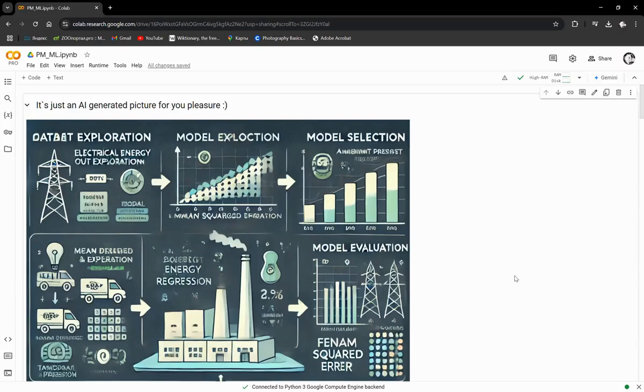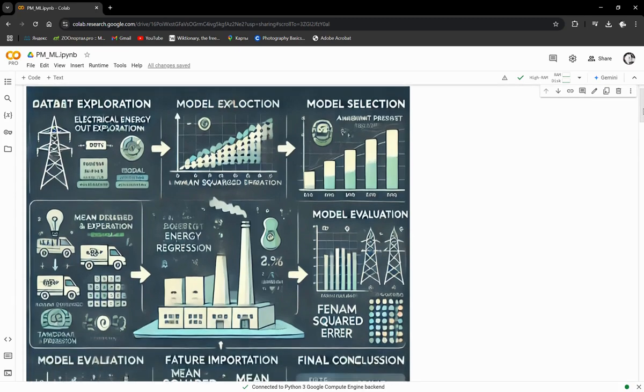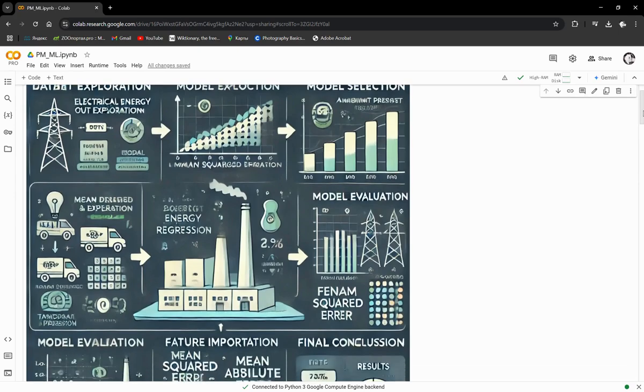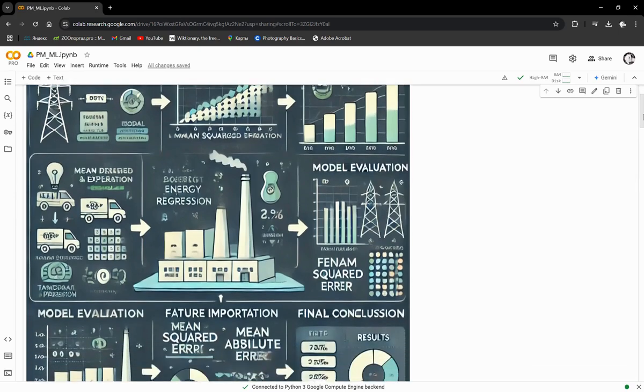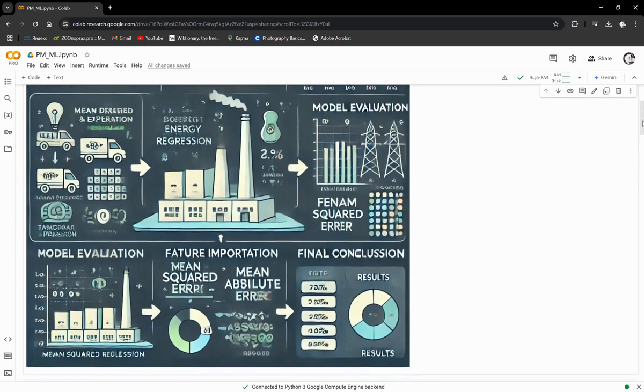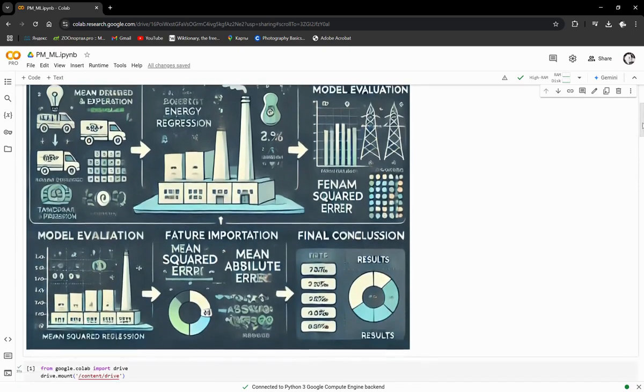In this project, I was tasked with predicting the electrical energy output, PE, of a combined cycle power plant based on environmental variables such as temperature, ambient pressure, relative humidity, and exhaust vacuum. This is a regression problem where the goal is to predict a continuous target variable, PE, based on the input